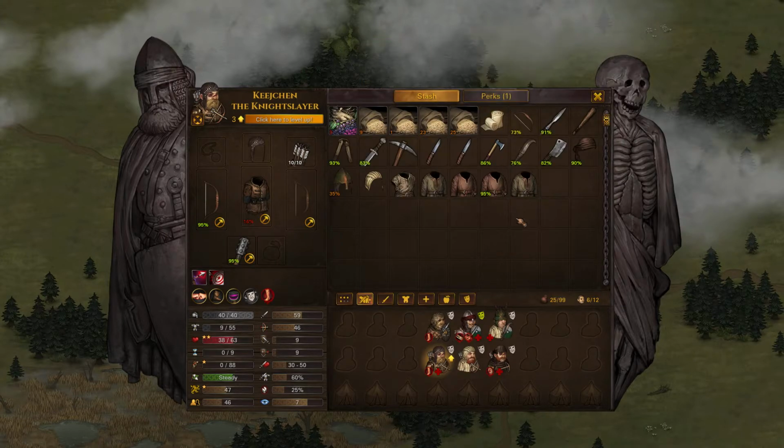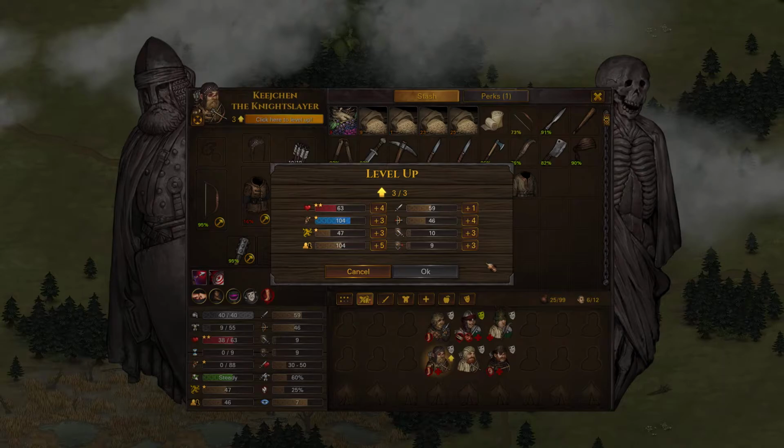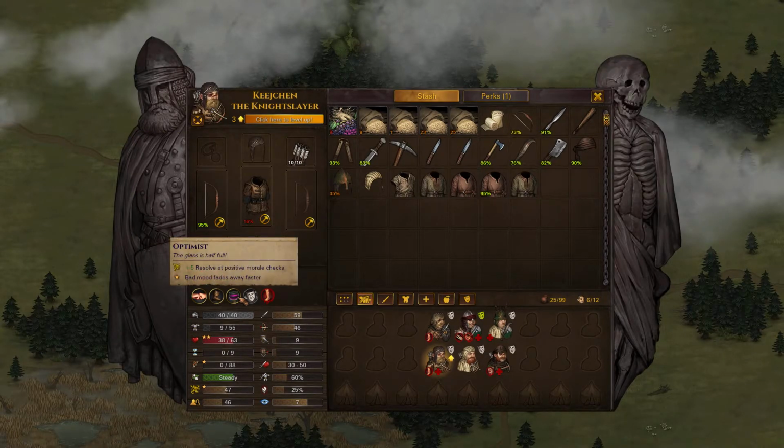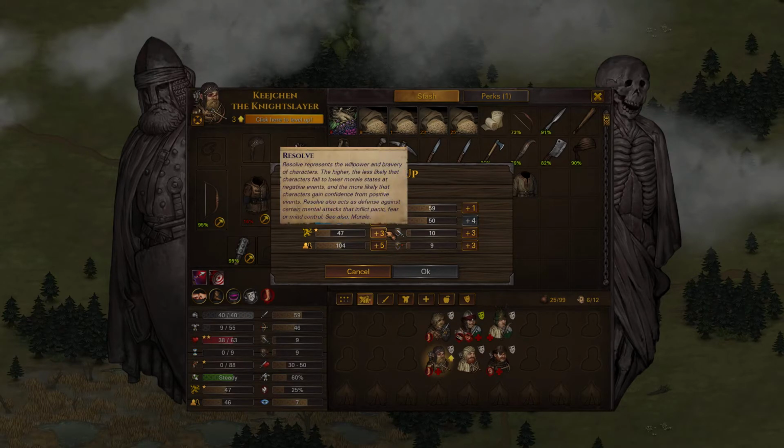And here we have Keejchen the Night Slayer. So we will level you up. What did you have? You have Surefooting and Optimist. Hey, look at me, being all optimistic. This is not a good set. Right now you are a ranged character. You could keep being that with a roll of 4 in ranged skill. That's insane. So we're grabbing that. We are grabbing...